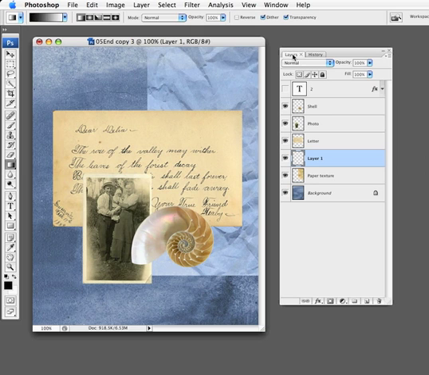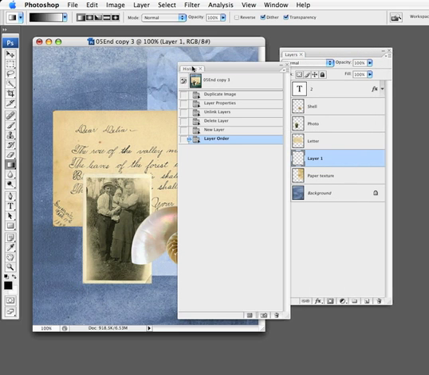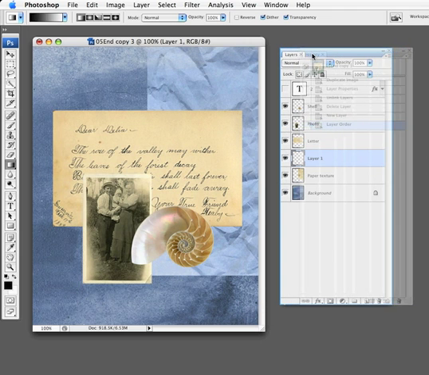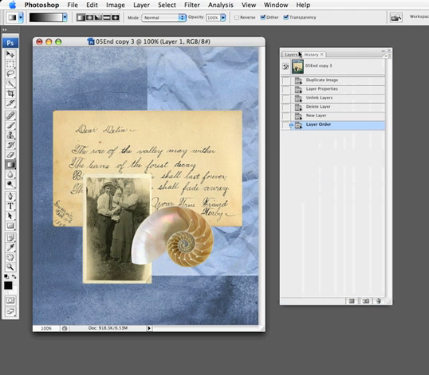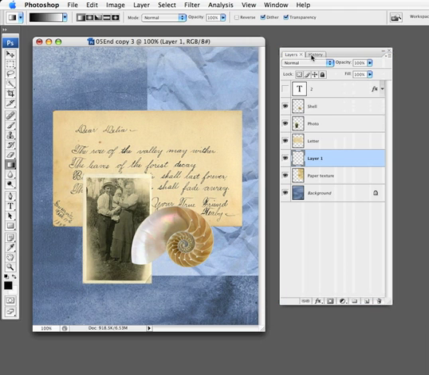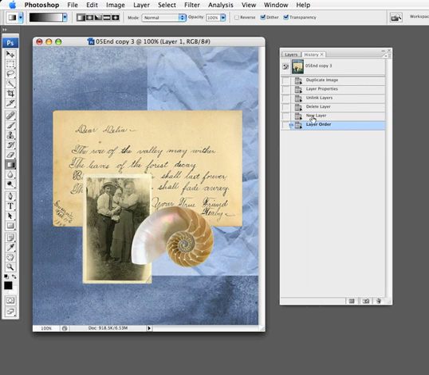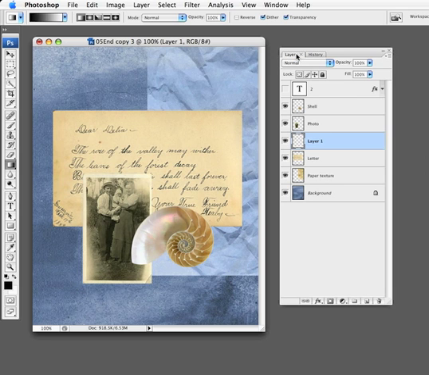the palette set up, which is layers open, of course, but then also to have history, which you can drag out and it can become its own palette, or you can group it with layers. So you have a palette that is made up of just history and just layers. So I'm going to utilize that by going backwards in history, and actually